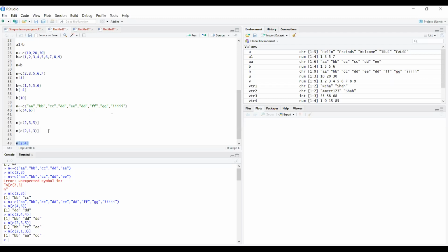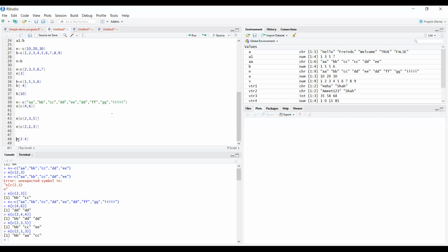Okay, anyways, so the next part in indexing is range indexing. Suppose you want to find the range of that particular indexing, so with the help of colon, this is a very important thing to find the range of any index. You can use the colon. Whenever you are passing any range, we are taking the variable n, and I want to find out the range, so n 2:4.